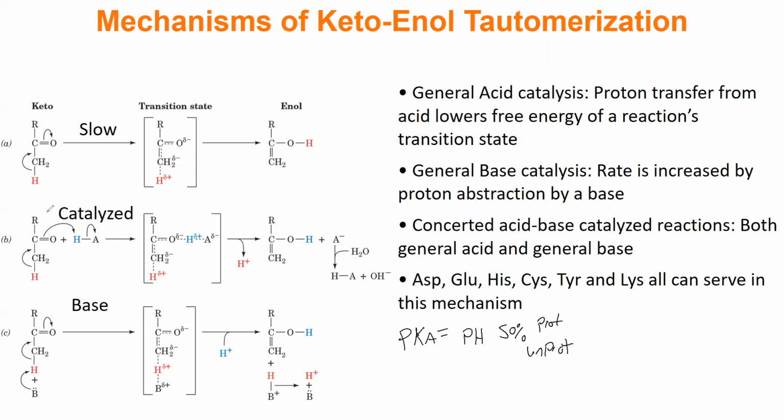So here we have the acid reaction, where HA is going to represent our enzyme. And the way that we speed this up is that we are trying to stabilize the transition state. That's how our catalysts work. You are trying to lower the energy of the transition state. Here, we're lowering it by presenting this hydrogen to our oxygen, which will help to break its double bond because the electrons will try to go to here. And when those electrons are trying to reach for that hydrogen,